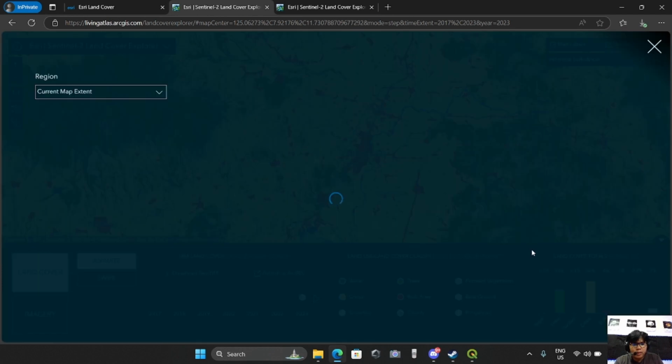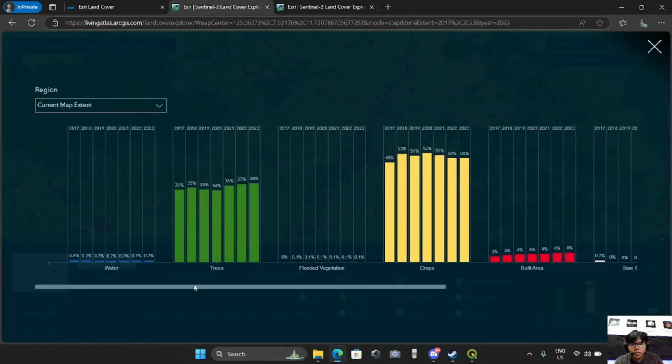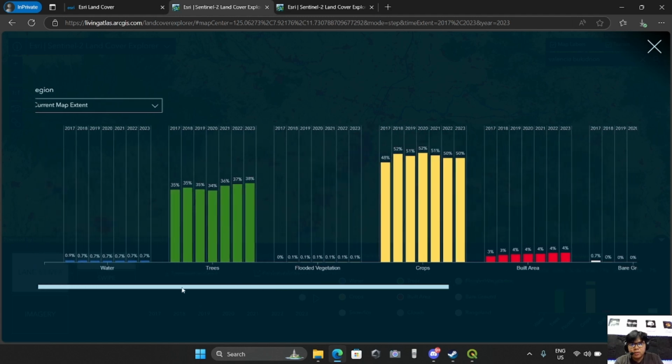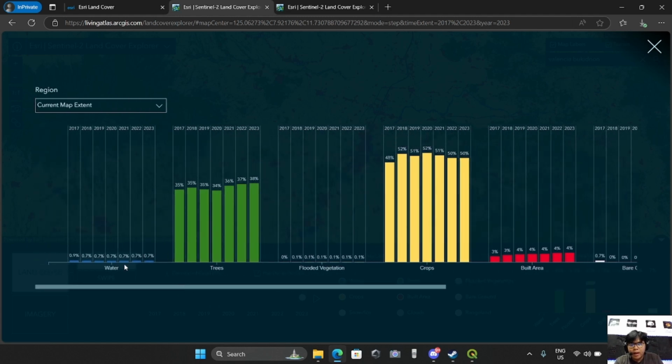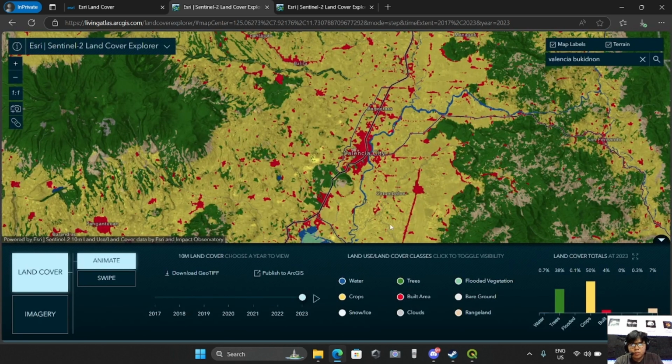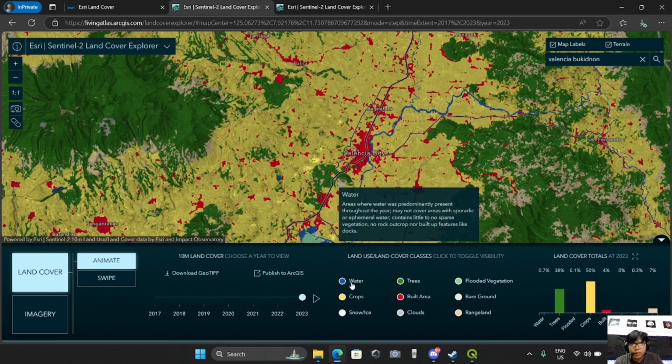So I'll just expand this. As you can see, this is the presented color and its value and as its unique element. So we actually can see it here in the cover classes. We have blue as water, yellow as crops, green as trees, red as built area, light green as flooded vegetation,